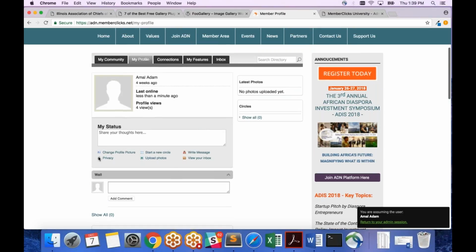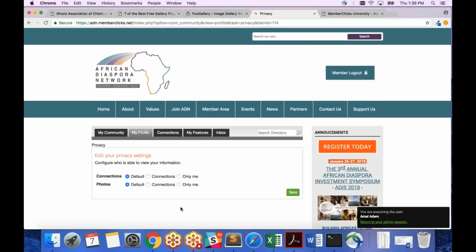Also below their profile picture where they can post a status, they have a couple of privacy settings. These privacy settings by default are set so that everybody in the social community can see these 2 items in your members' profiles. Now, that default can be changed, so I'll show you where you can do that on the